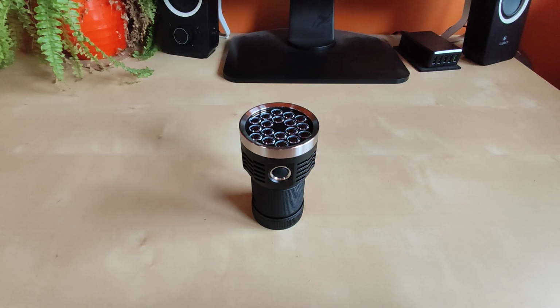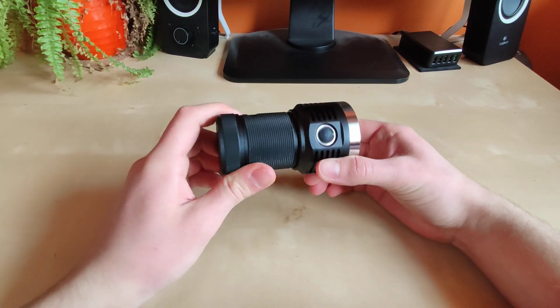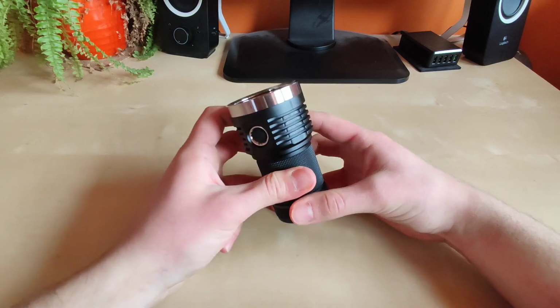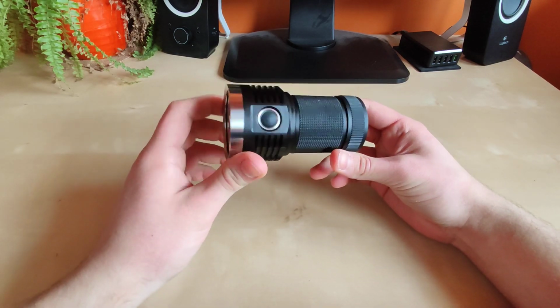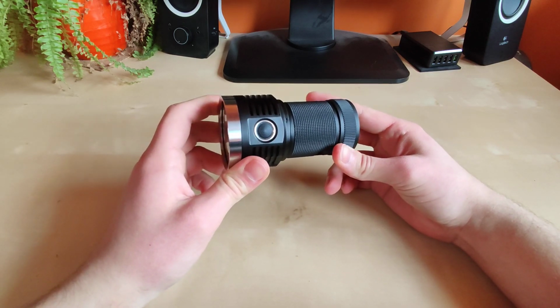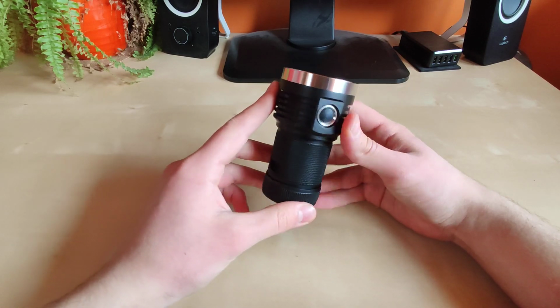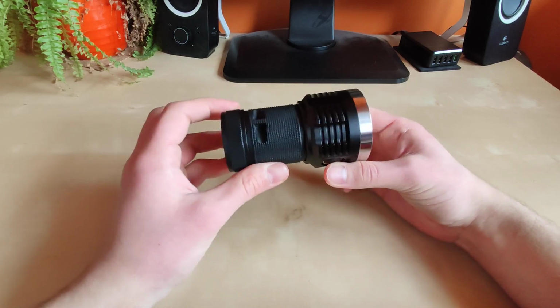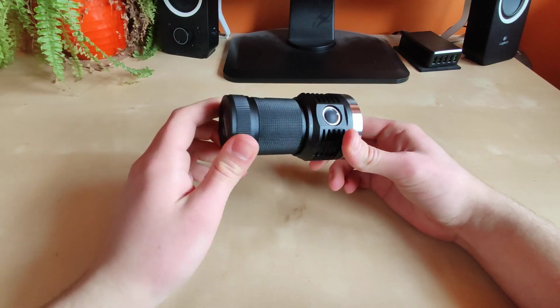I hope you are doing well, and today I'd like to share my review and some initial thoughts about the Emisar D18. I know this one has been on the market for quite some time, but I haven't reviewed it yet, and I really enjoyed using this one. It probably has been in my collection since it was introduced, so over 1.5 years now, I believe. And this one is a real photon grenade, as it was once described by a toy keeper